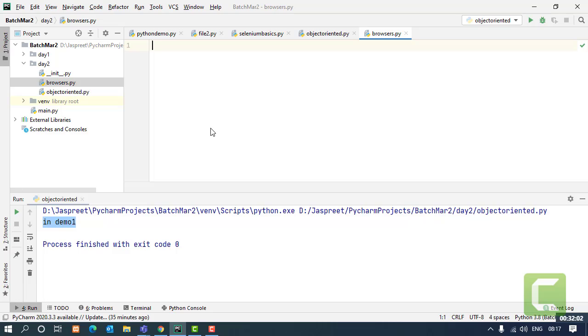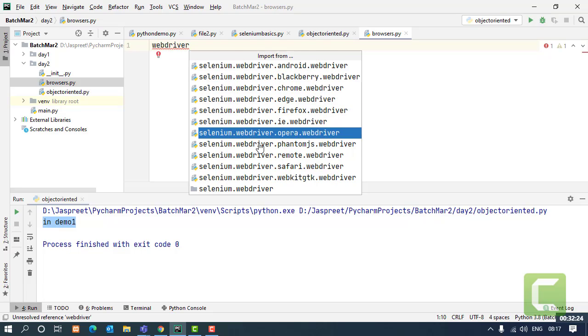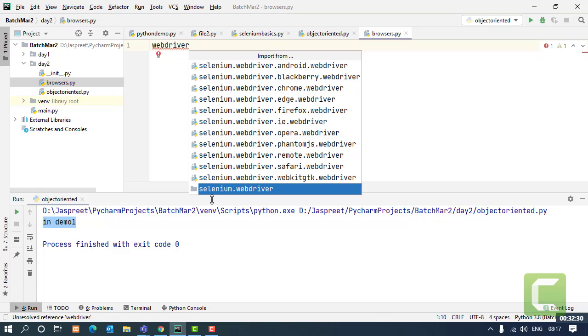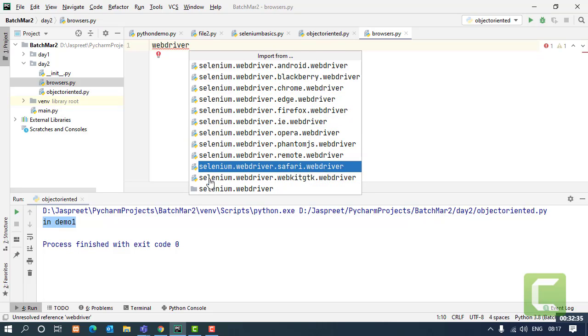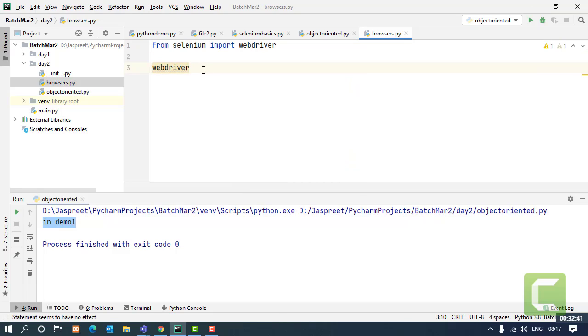Now Selenium is a full package. Inside that there are different files made, there are different classes made. So we are going to use them one by one as we require. So firstly, what we need is the class WebDriver. When you click on import this name, you will get a number of options over here, but what you have to import is selenium.webdriver, which is a folder icon over here. You don't have to import any of the files from here. Just import selenium.webdriver and that's it.